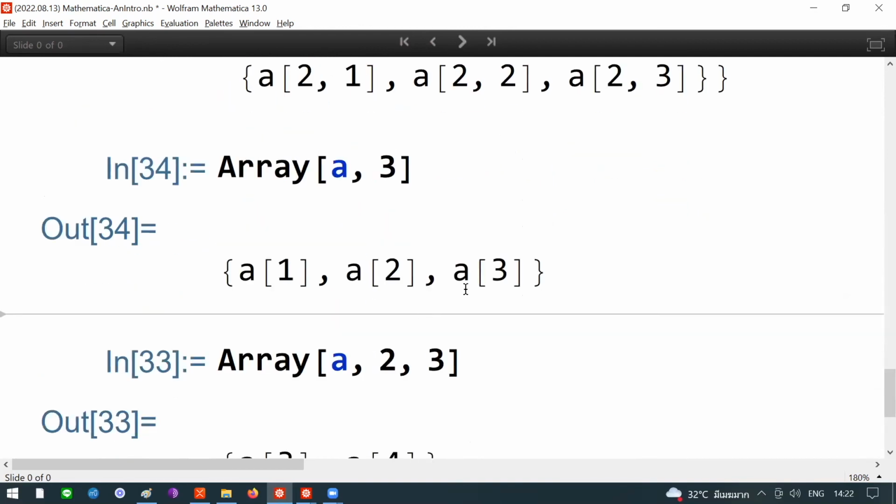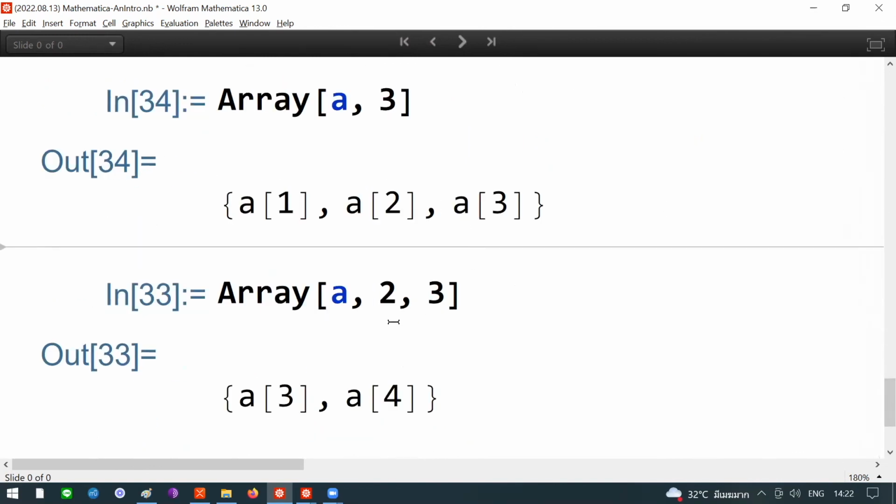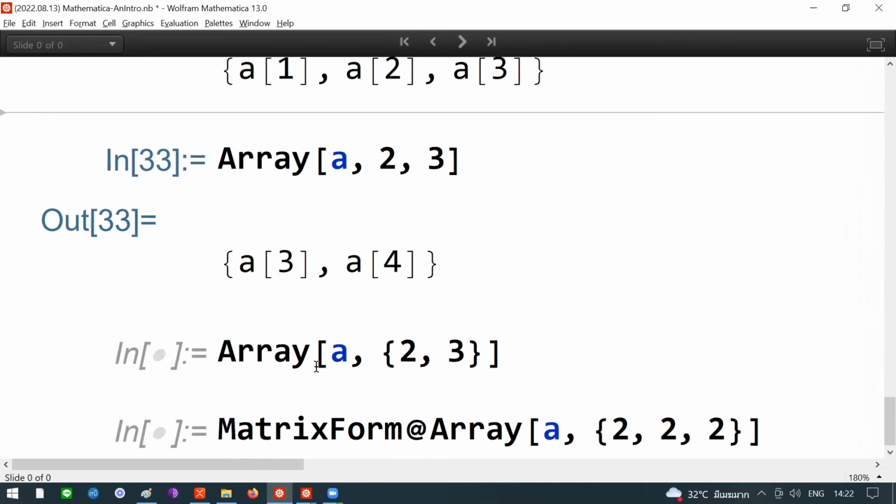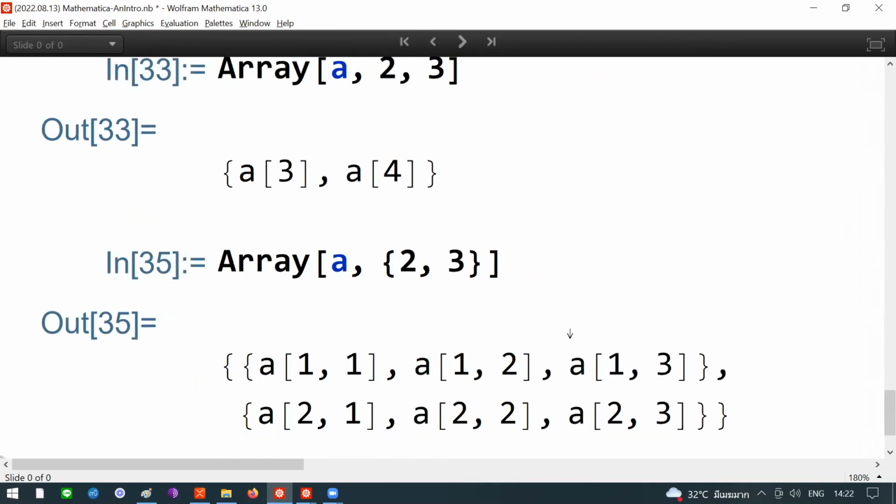Yeah, array. This is an array of 3 things. This is an array from 2 to 3. This is an array of 2 things by 3 things. So